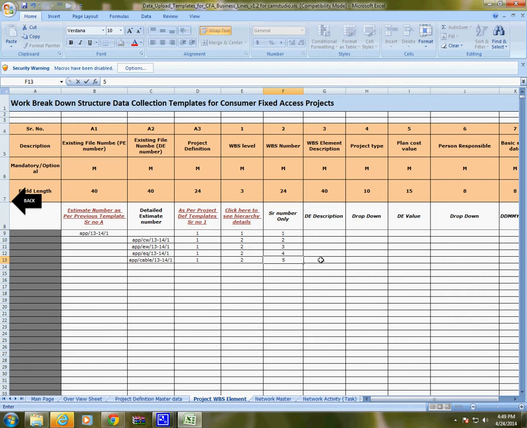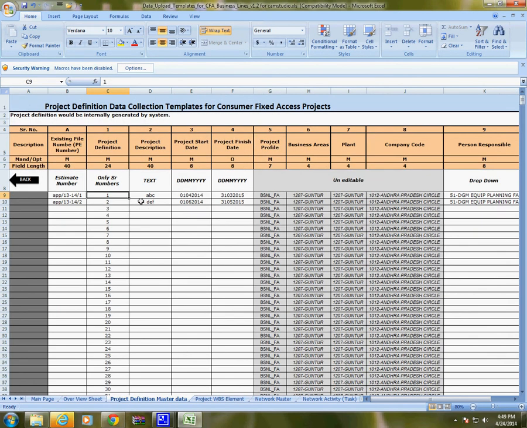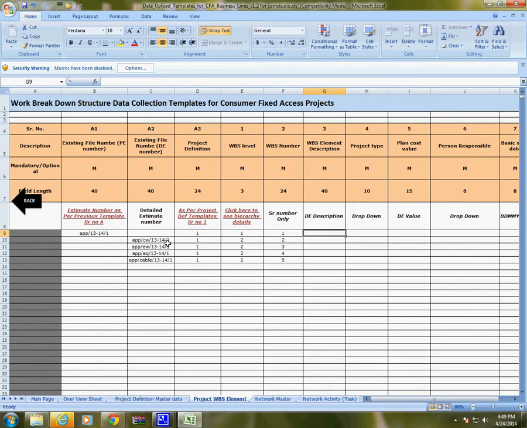Then in the next column we will be filling the WBS element description. We can fill either the information given in this sheet, here the description ABC, or we can leave it blank also. However, we have to fill the information in this one, because it will carry some information.